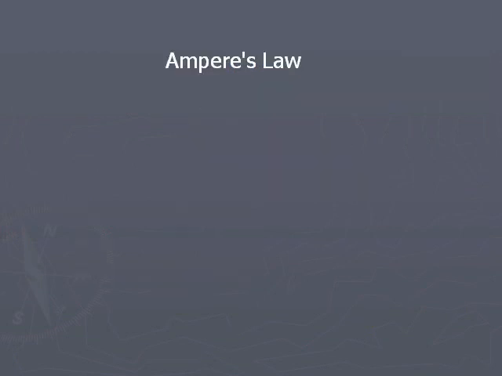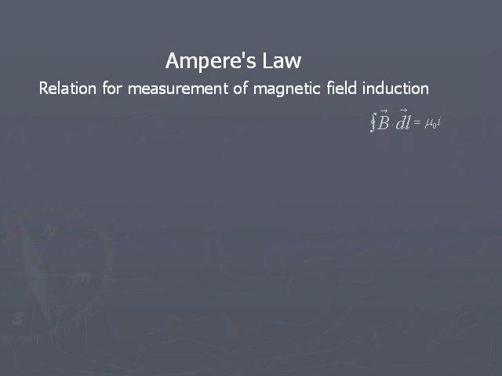Ampere's law. So far we have discussed the direction of magnetic field and the nature of magnetic field. Now we will derive a relation for finding the magnitude of magnetic field. Let us consider a current carrying conductor placed in the plane of the screen. The magnetic field lines will be circular and they will be perpendicular to the plane of the screen. Take one circle. On this circle, consider a point P at a distance R, where R is the radius of the circle.